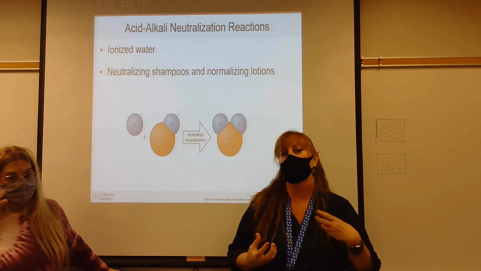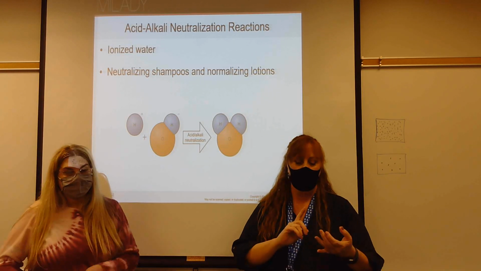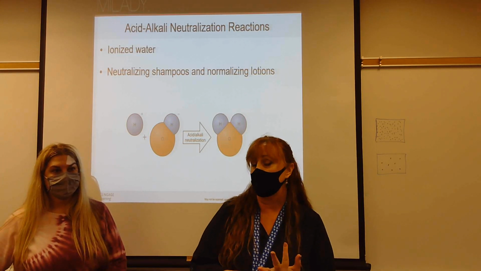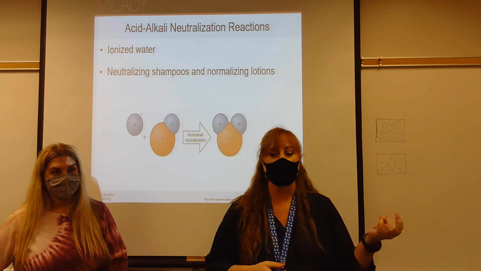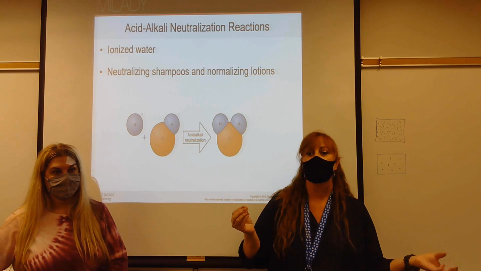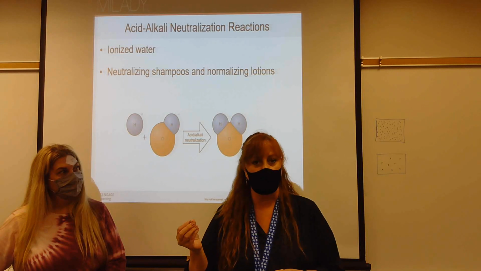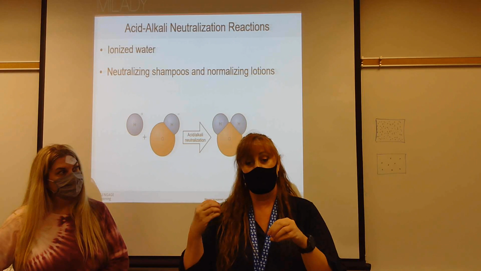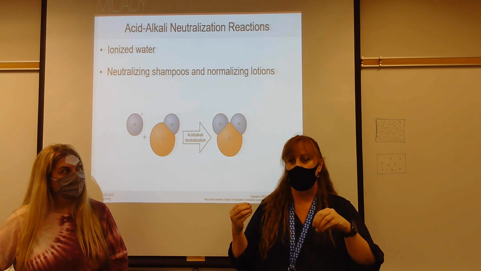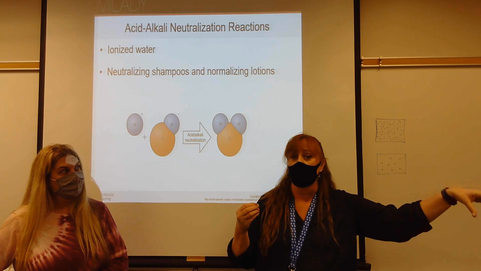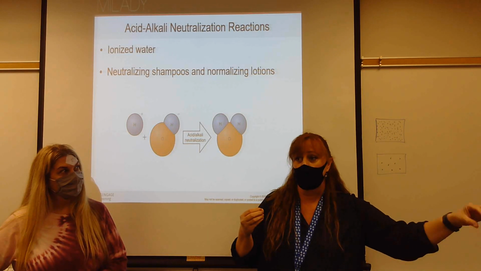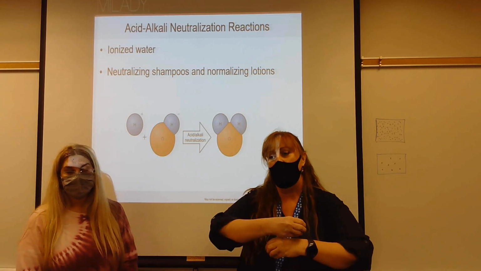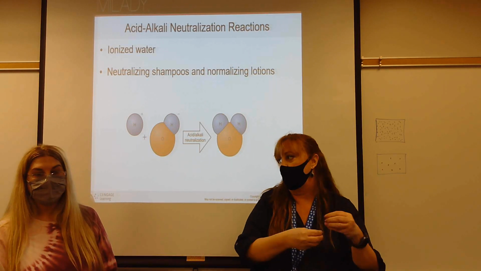So that's why we have what we call neutralizers. Sometimes we have neutralizing liquids that we use with perms, neutralizing shampoos that we use with relaxers. And what those neutralizing products do is they bring the pH back to acid. So if my hair is at a 9, and I'm trying to get it back to a 5, I'm going to use something that's way acid, probably like a 3 or a 4, to help counteract that 9 and bring me back to around that